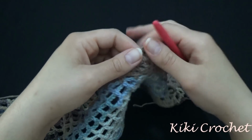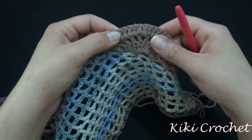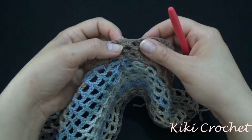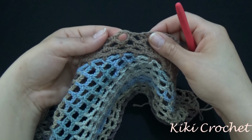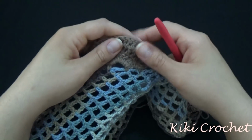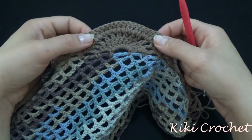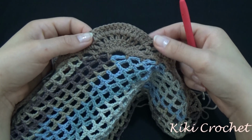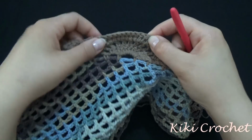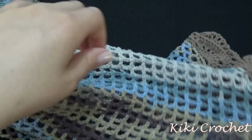Okay, once you finish crocheting up until the last double crochet, chain 1, single crochet under the only chain 3 space that's left between the two shells, chain 1, and go right ahead and crochet on top of the shell, double crochet, chain 2, double crochet in the second stitch, chain 2, double crochet in the second stitch, and so on. Go ahead up until the corner,